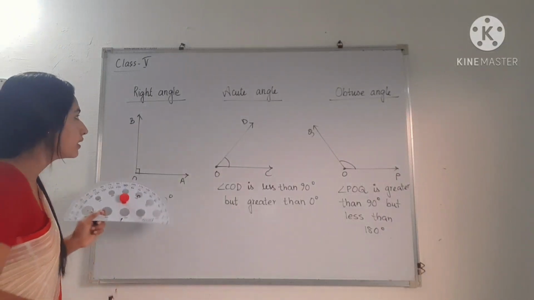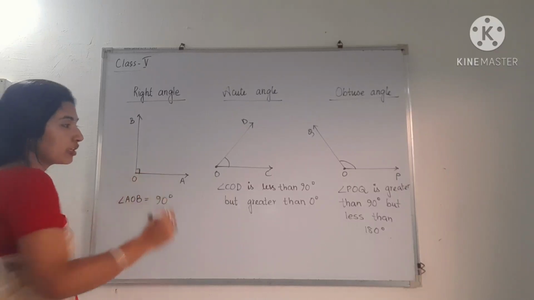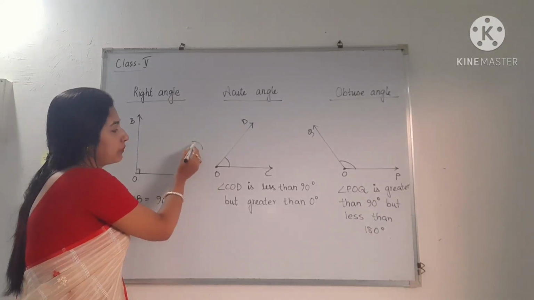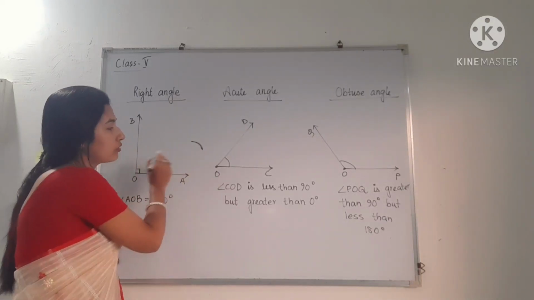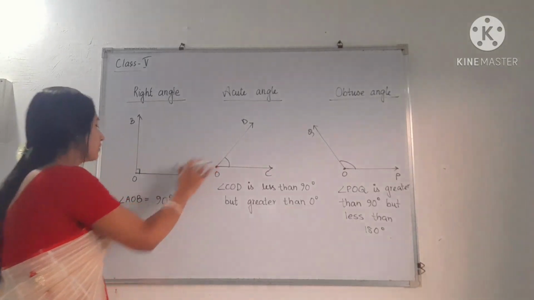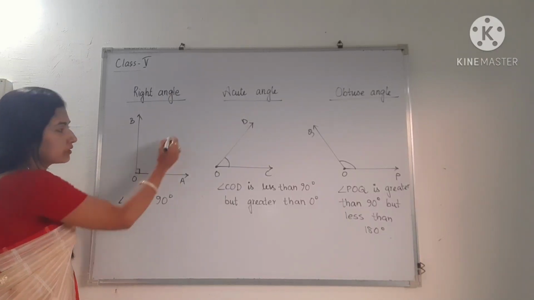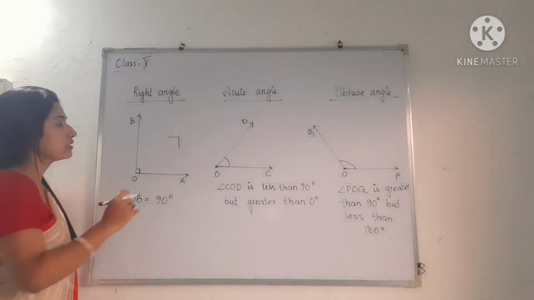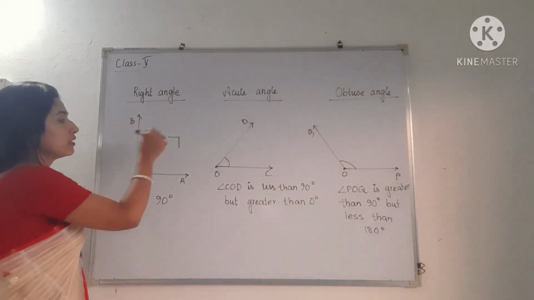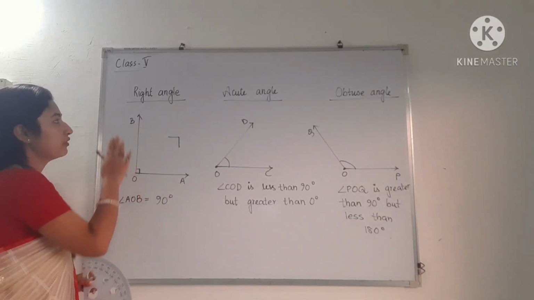So this is a right angle. Okay, and right angle is denoted like this. Generally we denote the angle in a round shape like that, using a pen you have to round like this. But right angle is written like this. Right angle we have to write like this, you can say the inverted L, that means ulta L. Inverted means ulta.